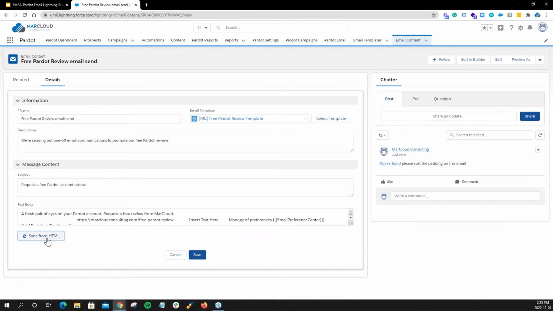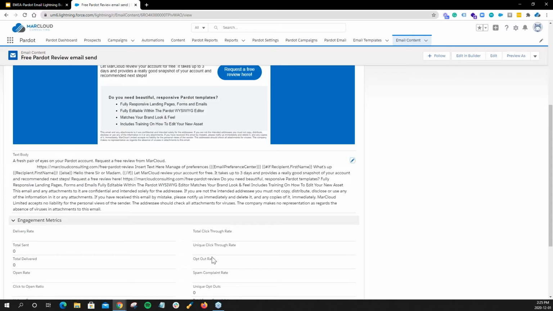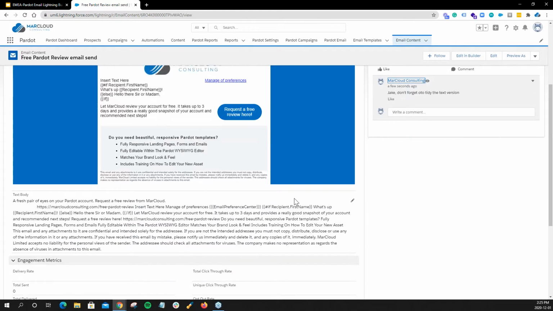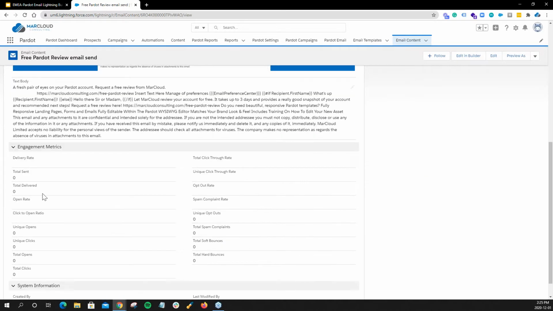So let's save this. Let's go back out of the email. And what you might have noticed as an everyday Pardot user is that I haven't touched the text version yet. So what I want to do is go to message content, and I can see the HTML body here. The text body is just going to sit right underneath it. So if I click this button here, I've still got the sync from HTML option, which is perfect. I can save this, and straight away I've got the text body there, but it probably needs a little bit